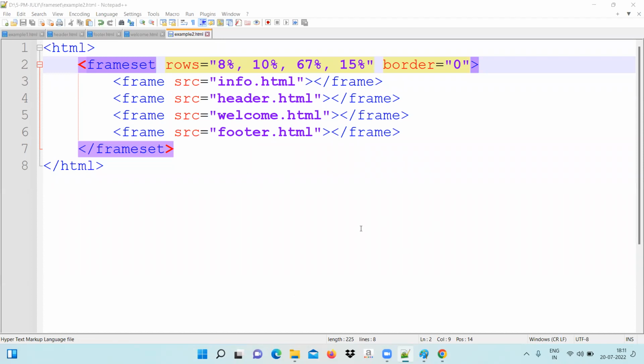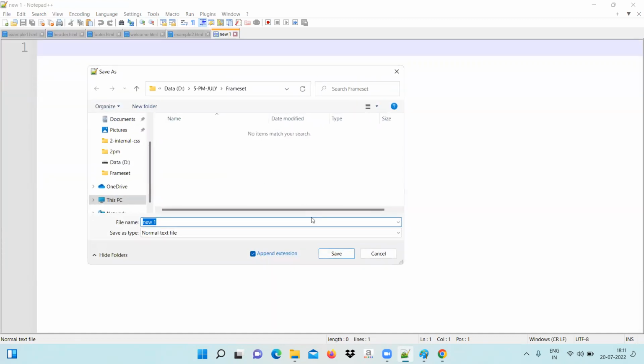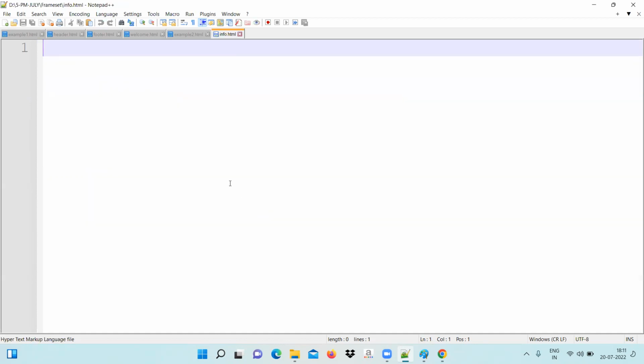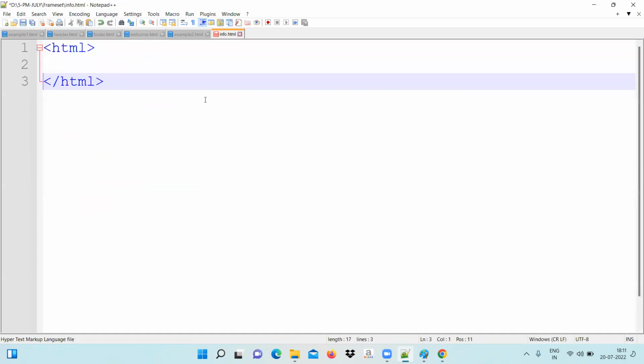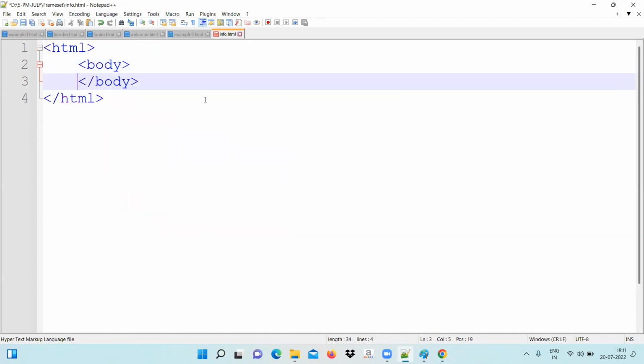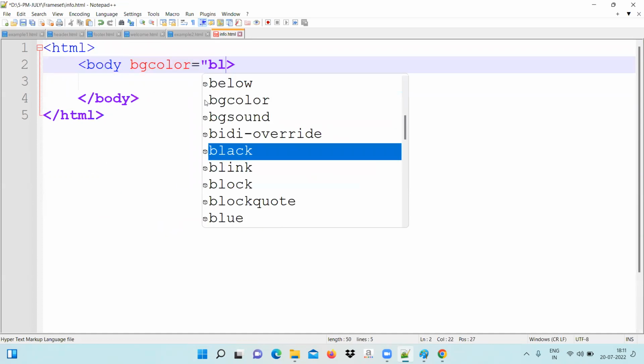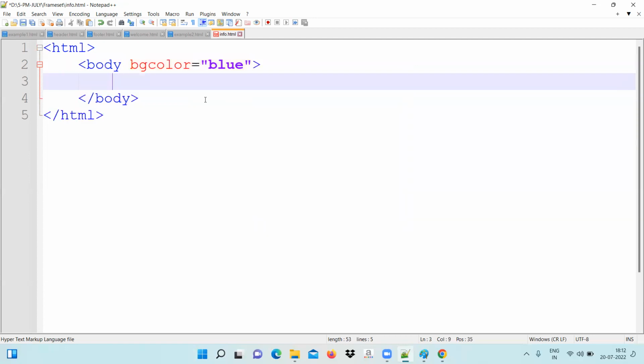Okay, then go ahead. Create a file info.html. BG color blue. Info.html in frameset. Start from HTML. Follow the body tag. Right here. BG color blue. Inside that,